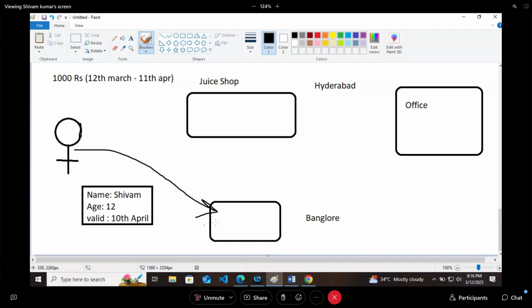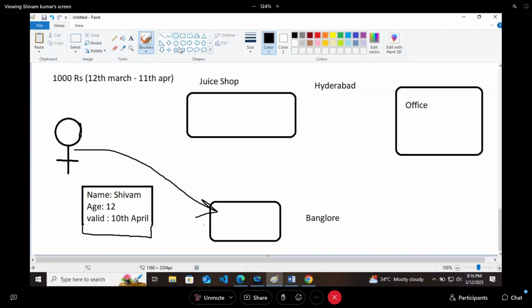Now what they decided, that now the card will have a unique ID or a QR code or the manager's signature, so that we can verify whether this is an actual card or not. So they decided to add a signature kind of thing. Signature can be a QR code, it can be a unique ID which is available in the database, or it can be any person's signature, let's say the manager's signature.